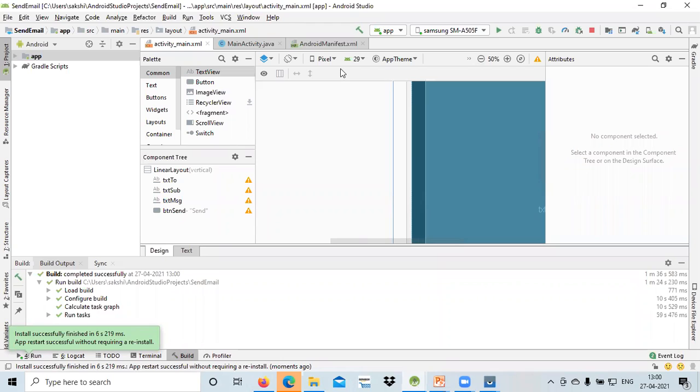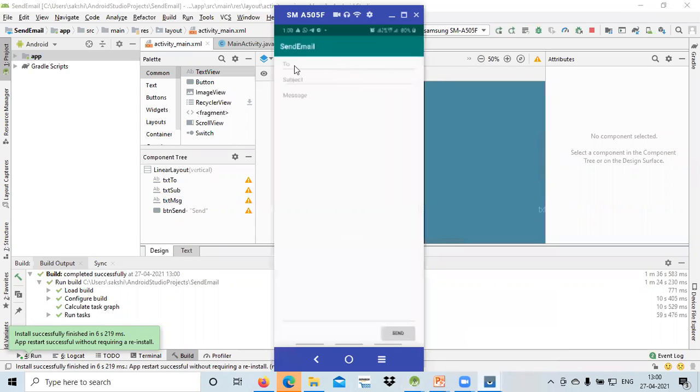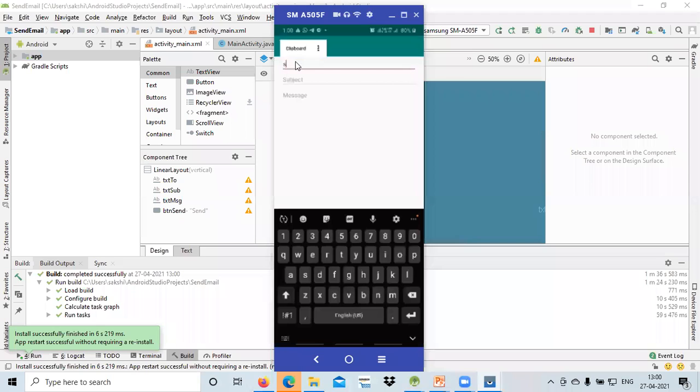See, this is available on my phone now. Here, these are the three edit texts I am having over here. One is the to, second one is the subject, and the third one is the message over here. Okay. Now let's suppose I need to pass this message, so I am writing my email ID.